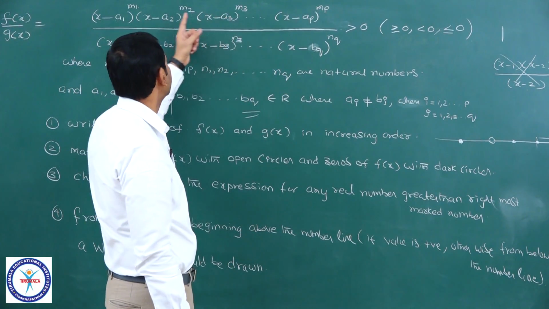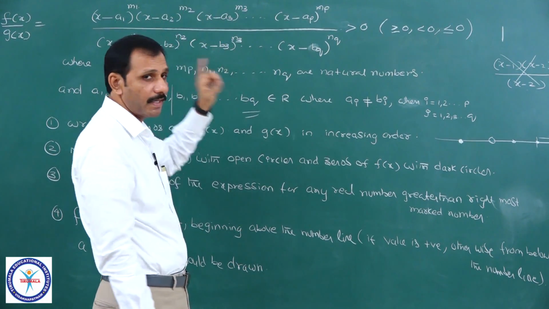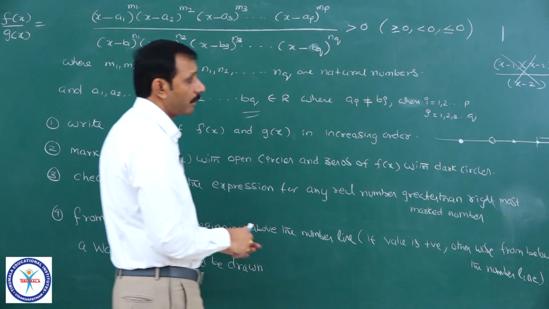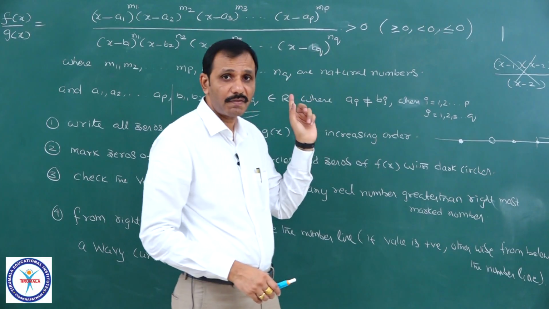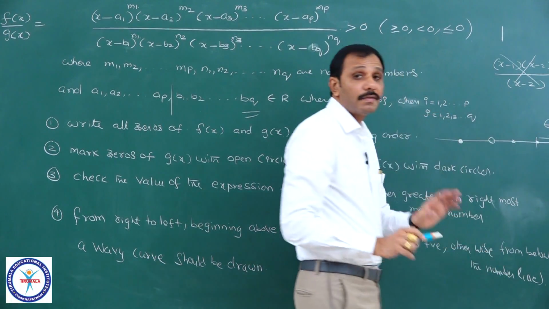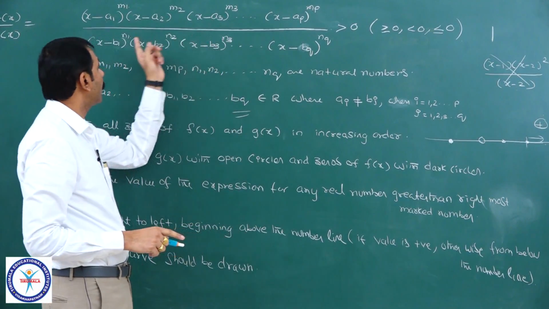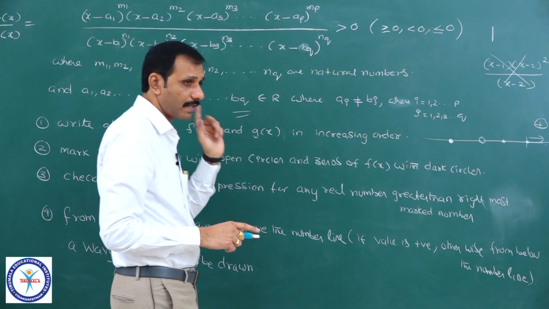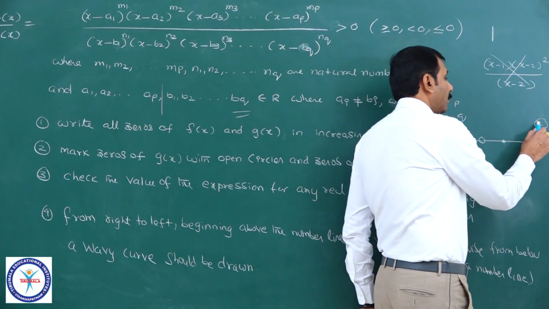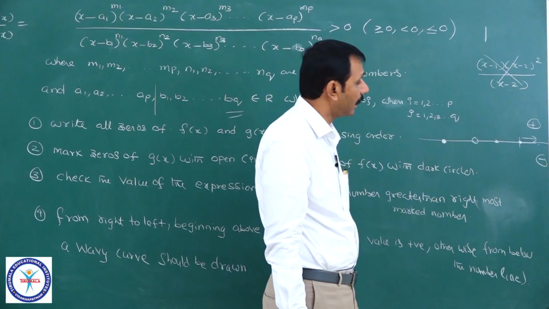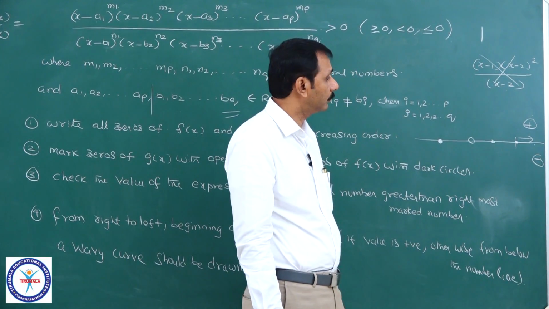Even if it is a3 minus x or a2 minus x, substitute the rightmost value. If all factors are of the form x minus alpha 1, x minus alpha 2, you will get the extreme right always positive. If some are not in that form, like a3 minus x or ap minus x, check the sign. If it is positive, mark above the real line; negative, mark below the real line. And now,